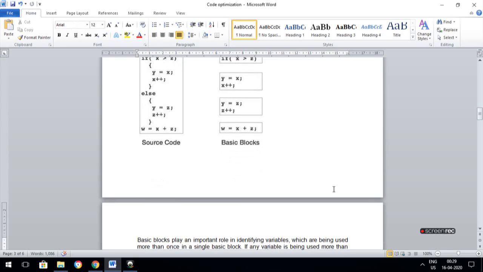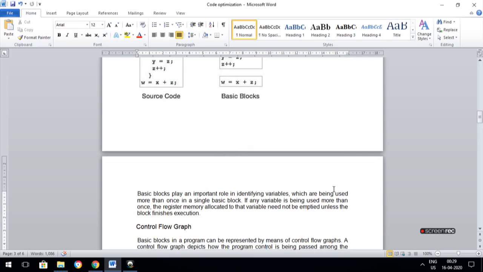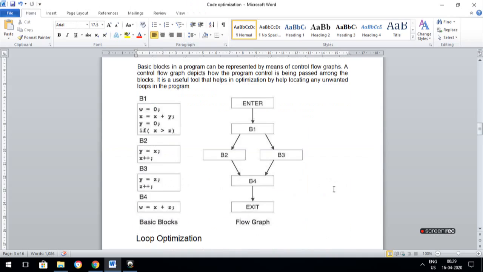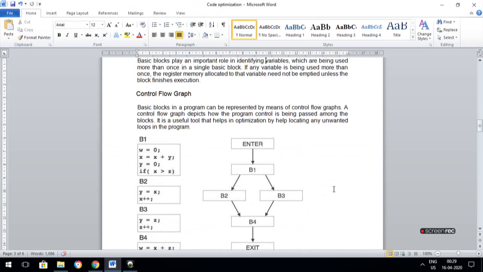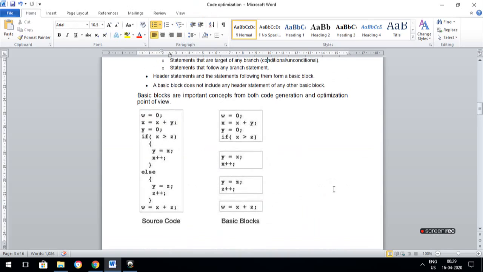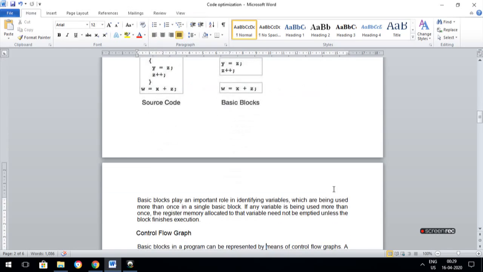Then you have to analyze where to apply your code optimization technique. These basic blocks help in identifying your variables, whether you are using the same variable inside the loop or more than one variable.